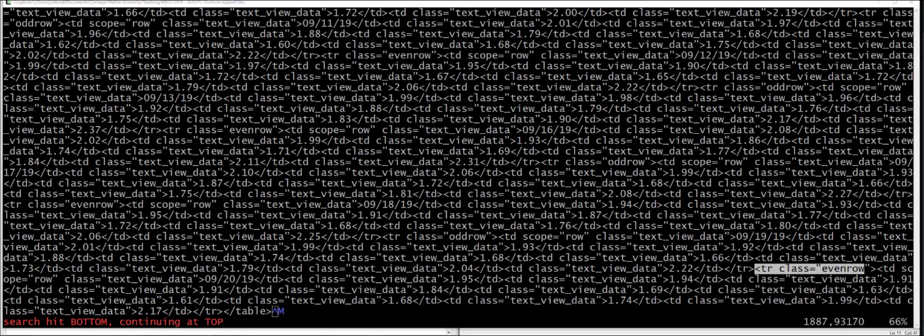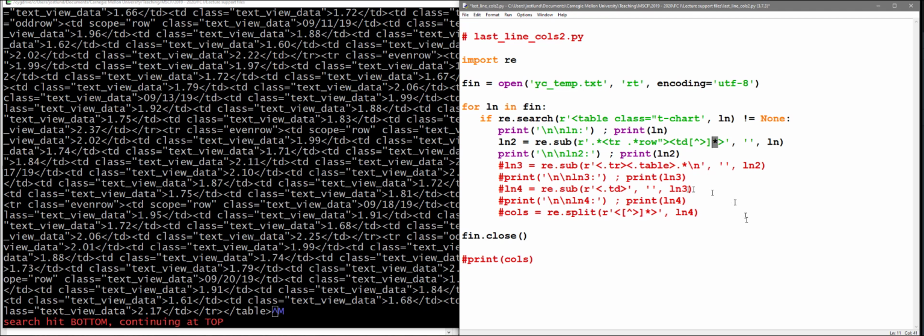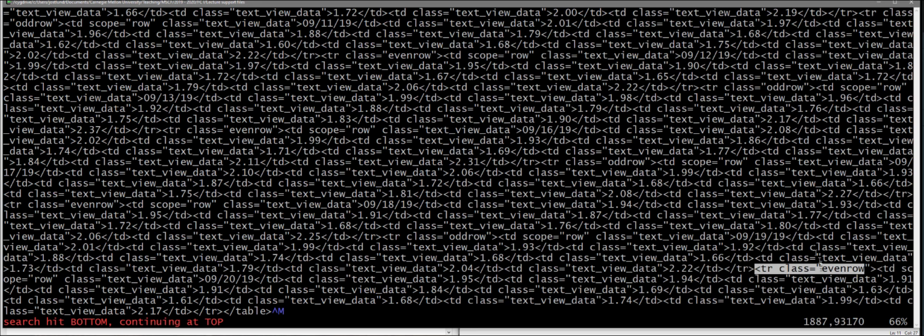In my program, I'm looking for less than symbol TR space, and then I don't know, some of these rows are even rows, some of these rows are odd rows. Let me find an odd, oh, here's an odd row. Some of these rows are even rows, some of these rows are odd rows. This last one in the table happens to be an even row,